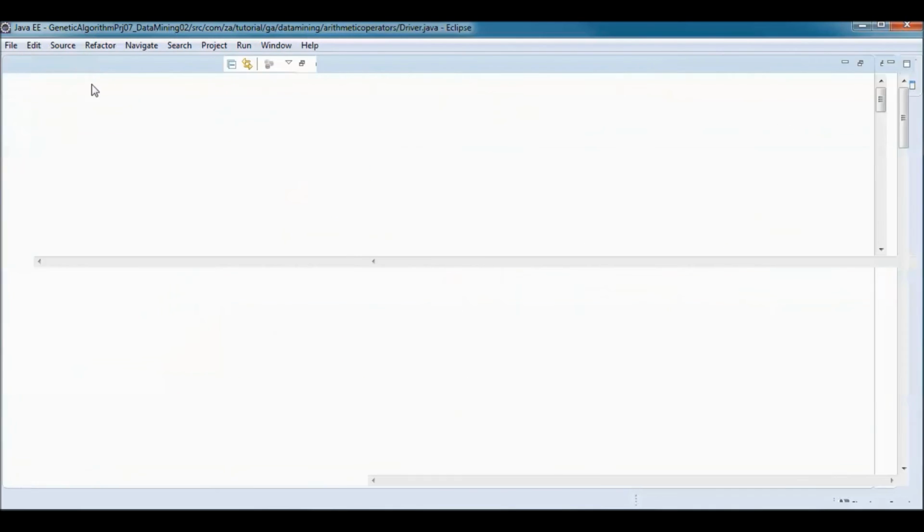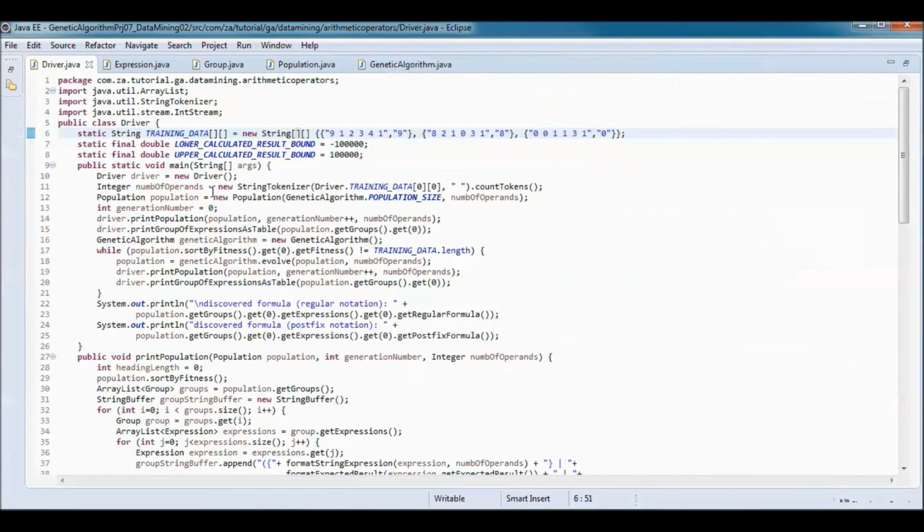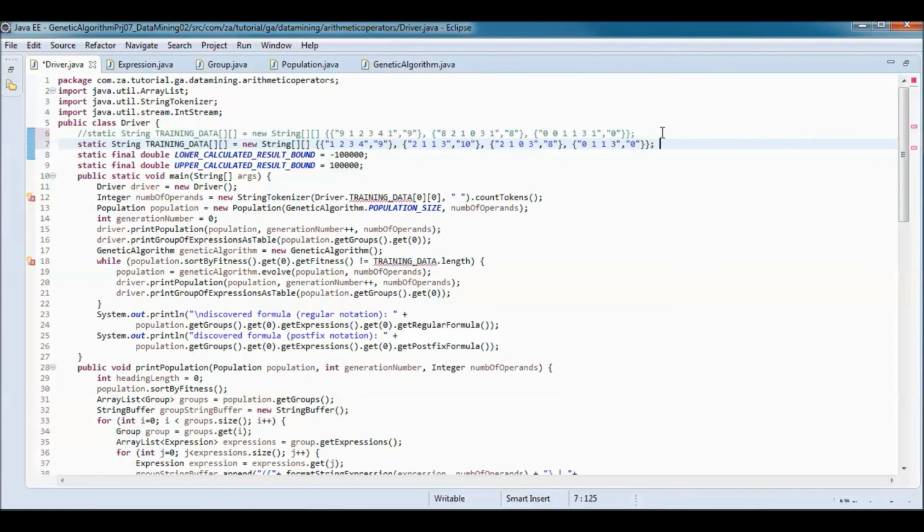And let's go ahead and try it with different training data. So here we will have 4 different expressions.